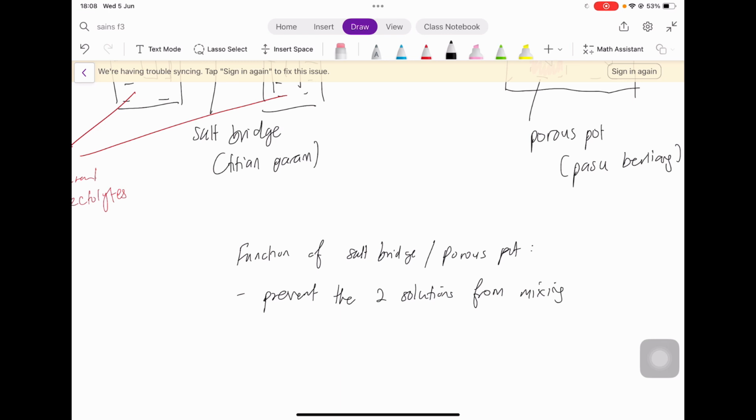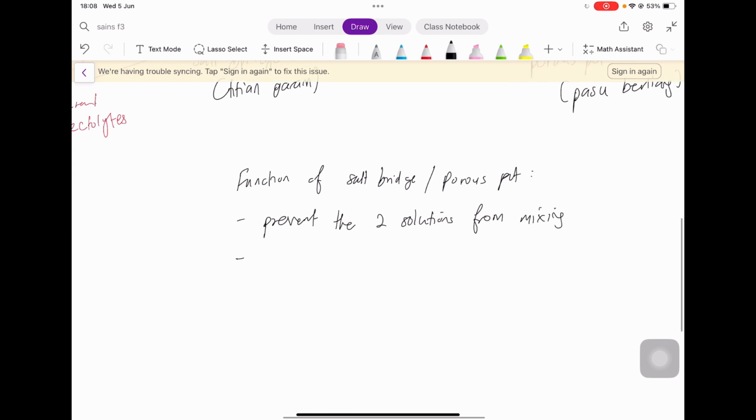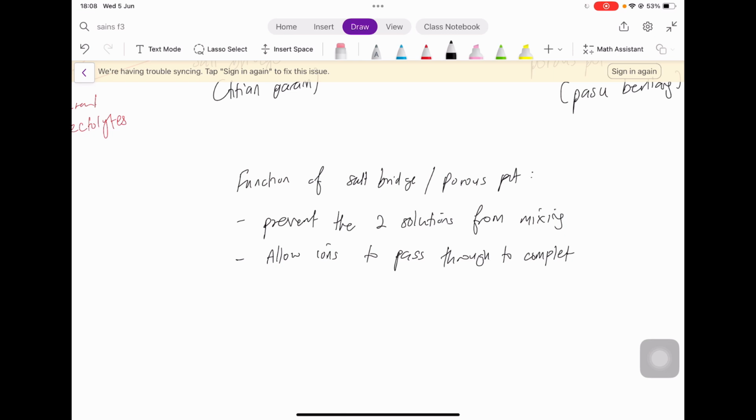Okay, and then they also allow ions to pass through. This is what I already explained lah tadi kan, about nak complete the circuit. You can also say that. Okay, to complete the circuit. Sangat senang, very easy one. Okay,